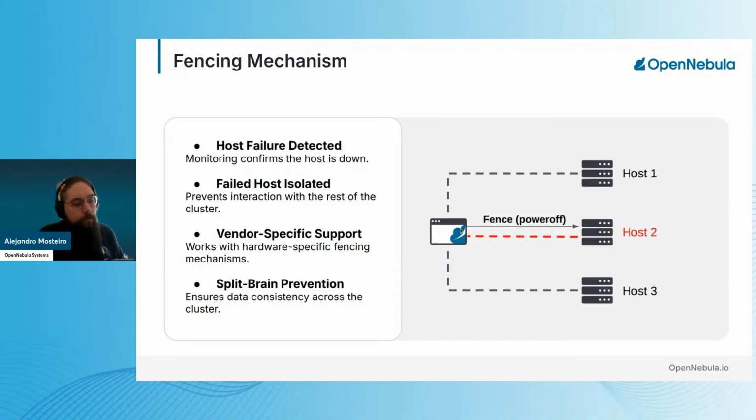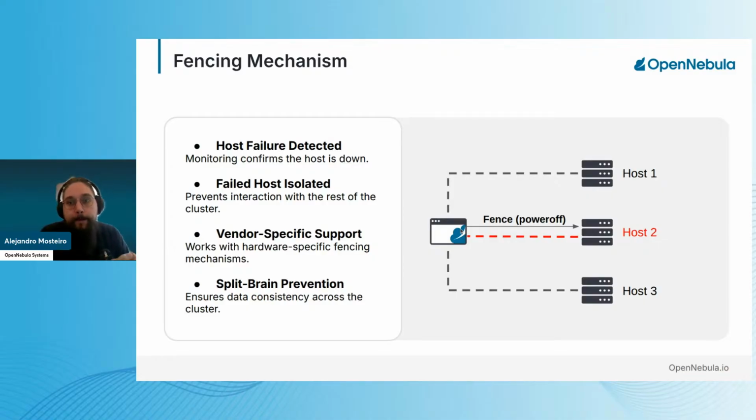We will wait a set number of monitoring cycles and determine that this host is actually down and is not coming back. So once we are at this stage, we will isolate the host using the fencing mechanism to make sure that it's not coming back for any reason, and avoid any, as we said, split brain scenarios where we have the machine running in two hosts at the same